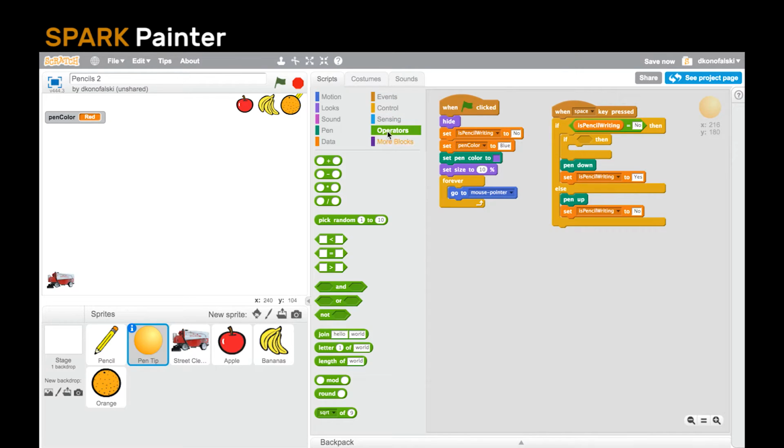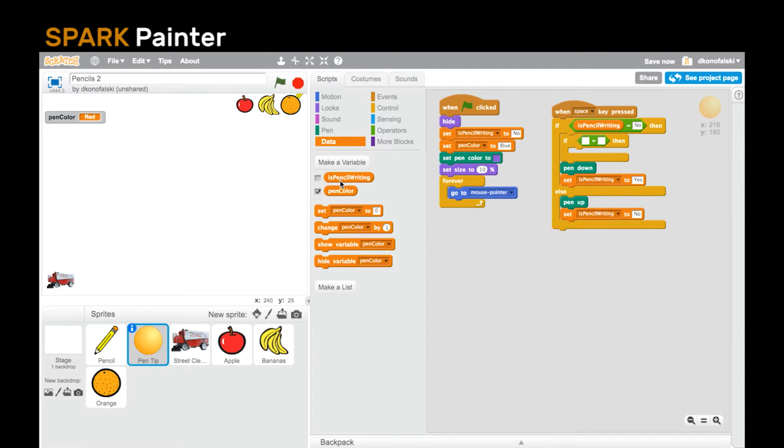Okay, so again, I'm going to use my operator gems. And I'm going to say if pen color is red, and again, I want to use the same upper lowercase letters just to be consistent,